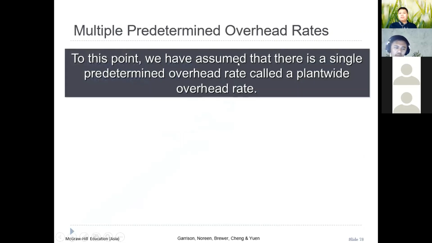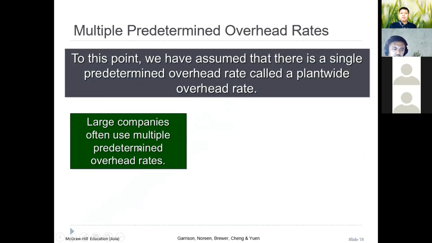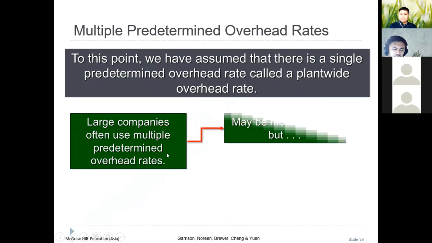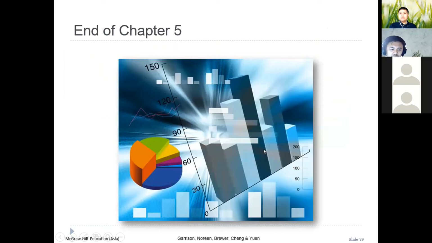Multiple predetermined overhead rates. To this point, we have assumed that there is a single predetermined overhead rate called a plant-wide overhead rate. Large companies often use multiple predetermined overhead rates. May be more complex, but may be more accurate because it reflects differences across departments. Okay. And that is the end of the chapter. So basically,